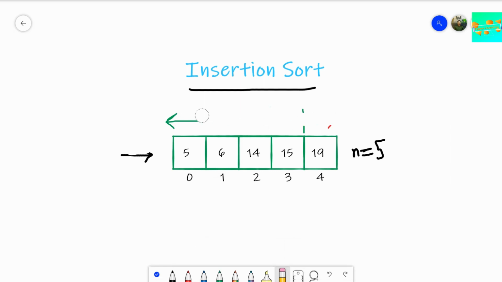Now you need to note something, that at the end of the fifth run, our whole array got sorted, right? This was what we found out at the end of the whole run. Now, what if we try to implement this in Python code? So let's implement it and figure out how we can do this.